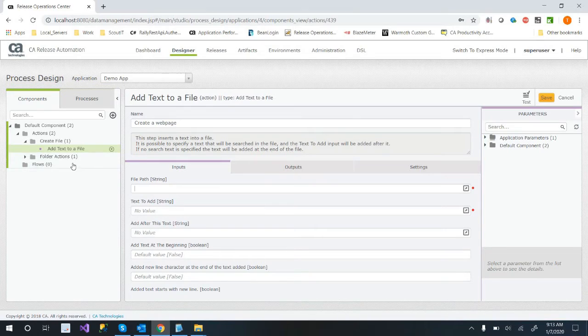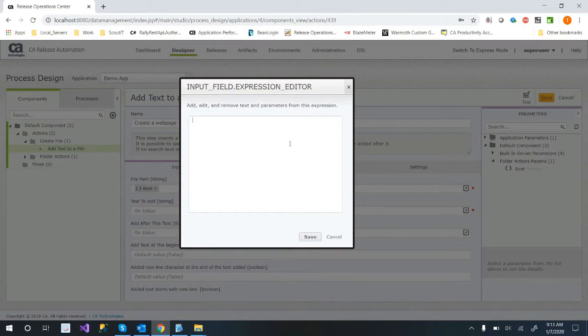Now our file path is going to be, and that's why you want to put this in a parameter, right? Because now I can use it here. Text to add. Let's go ahead and build this. We'll say HTML. Let's go ahead and close our tag so we don't forget. We'll put a header in there. And the body, we'll simply say,